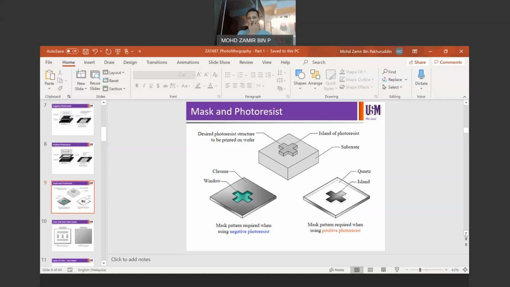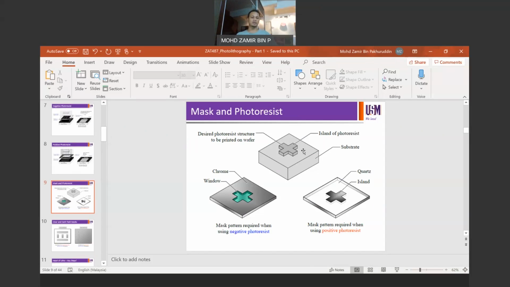So let's look at the mask and the photoresist. If you want to have the desired photoresist structure to be printed on the wafer like this, the one on the top, if you want to have that plus sign feature on your substrate, for example, then if you go for the bottom left reticle or mask, in order to have that feature on the resist, you have to use this mask in combination with negative photoresist